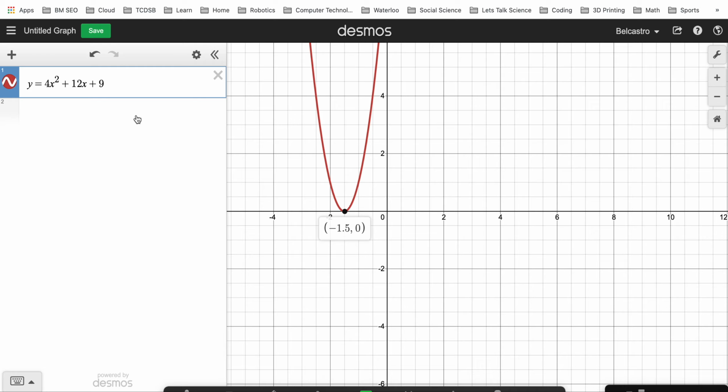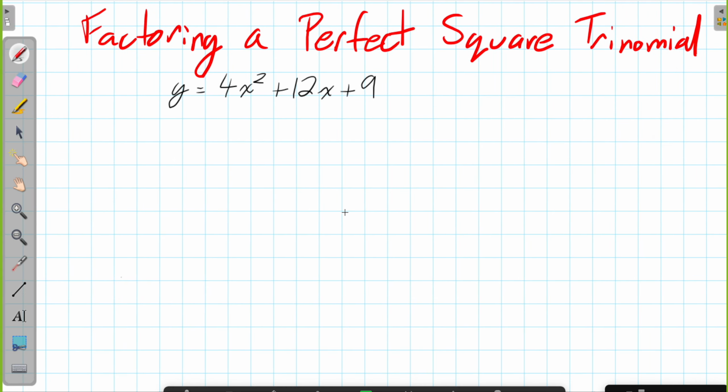And what that means is we're going to end up in a scenario where y is equal to some bracket to the power of 2. In other words, the bracket's going to be the same when we factor, okay? So I wanted to give you that as a goal to keep in mind as we're going through the factoring process. If you can recognize a perfect square trinomial, which I don't always find the easiest thing to do,